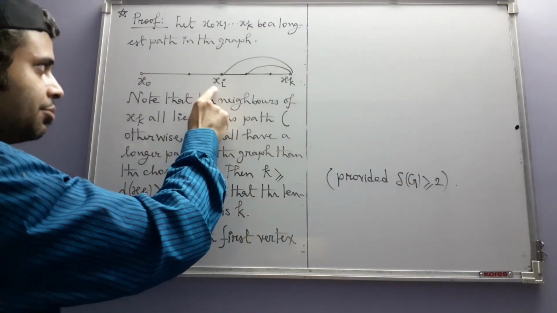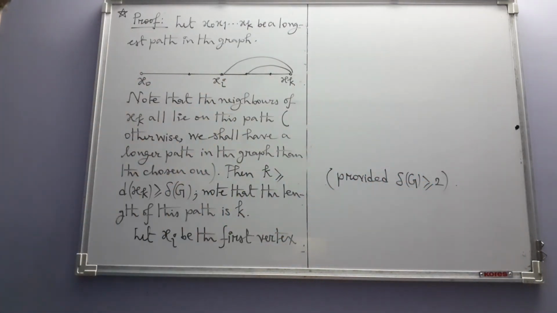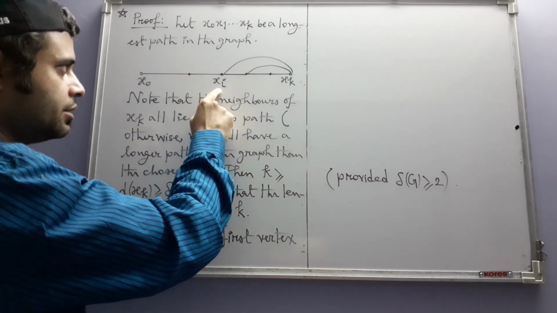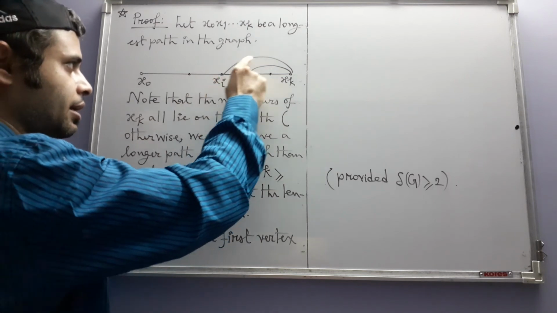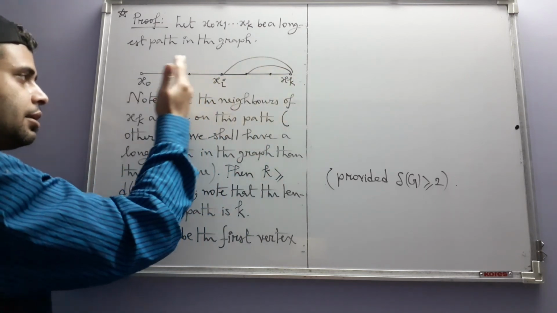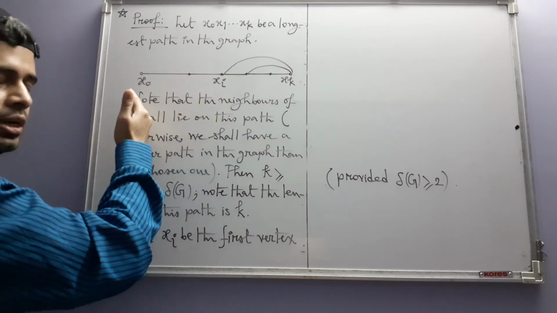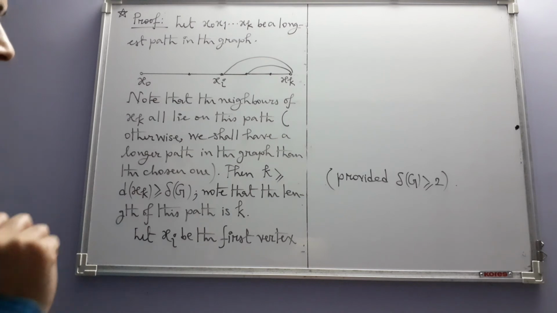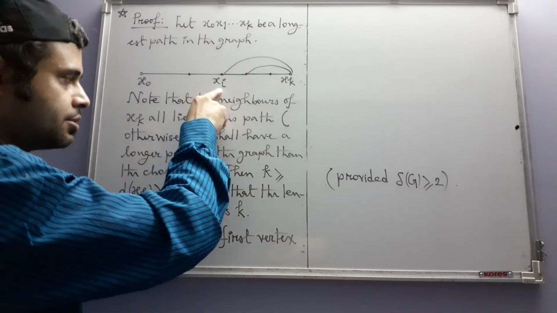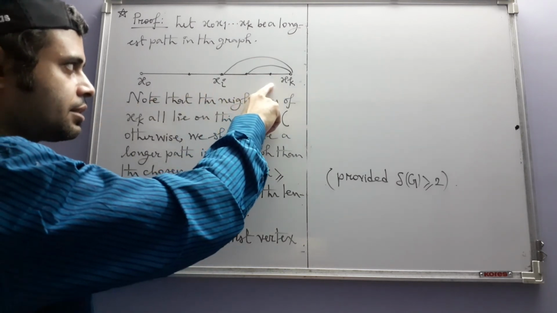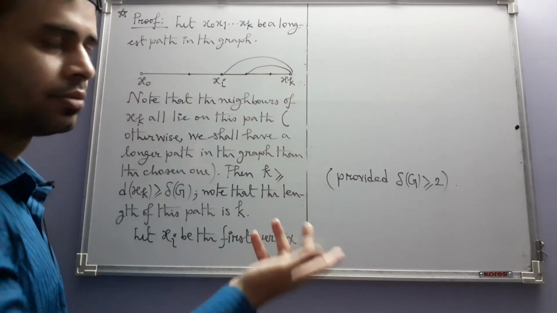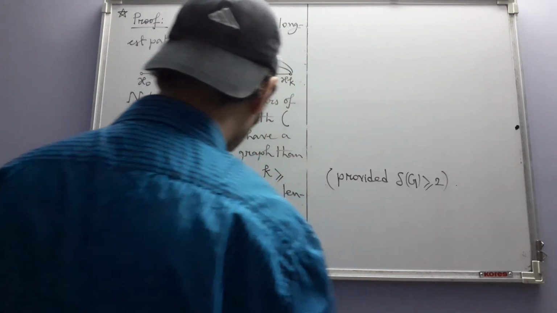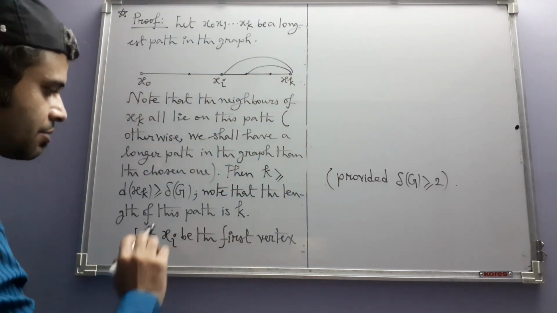Let xi be the first such something else. That is, i is the smallest non-negative integer such that xi is adjacent to xk. The other vertices that come before xi in this list are not adjacent to xk, and we know that one such i exists because one such i is k minus 1 itself, but i is the smallest such i. So that's why we have written let xi be the first vertex